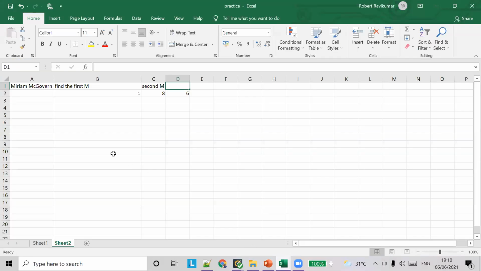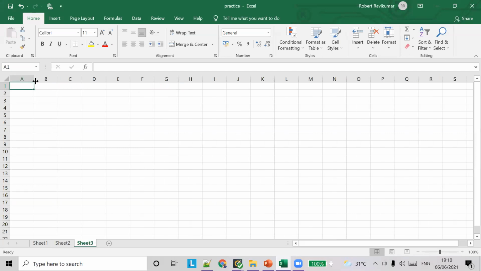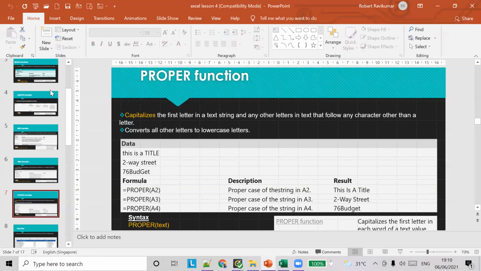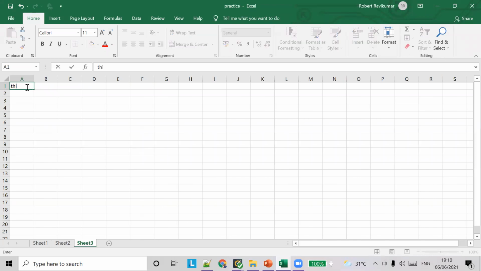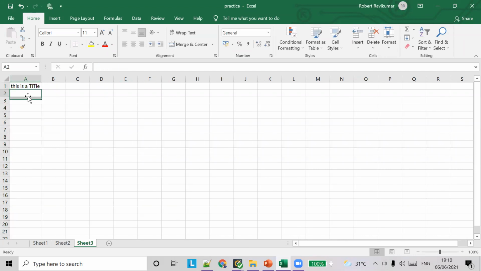First is "this is a title". And so, "two-way street". Next is "76 budget", "76 bar".